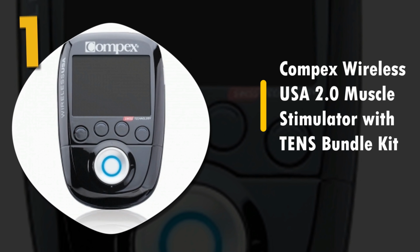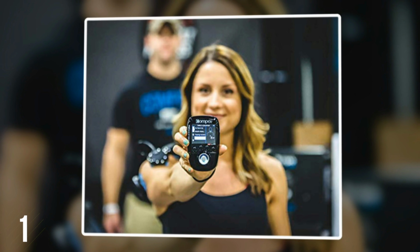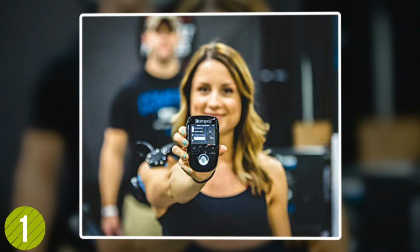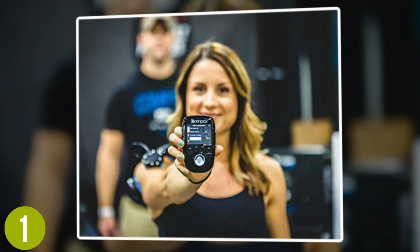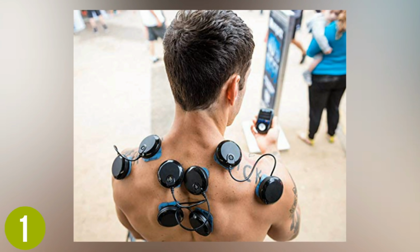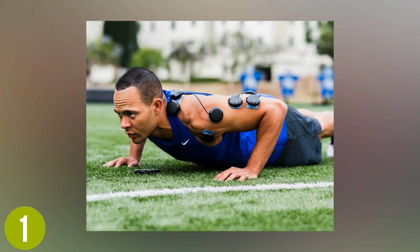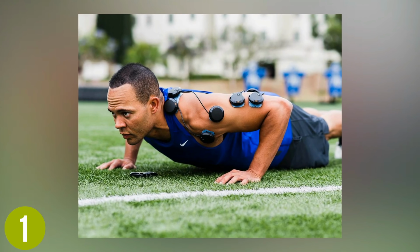Number 1. Compex Wireless USA 2.0 Muscle Stimulator with TENS Bundle Kit. If you need prescription-grade pain relief, the Compex Wireless USA 2.0 Muscle Stimulator is the perfect choice. This is a machine for the highest level of pain relief and muscle recovery. The 10 programs cover all your needs, and there are even resistance, strength, and explosive strength programs to aid in